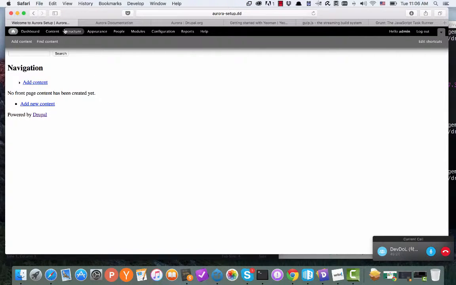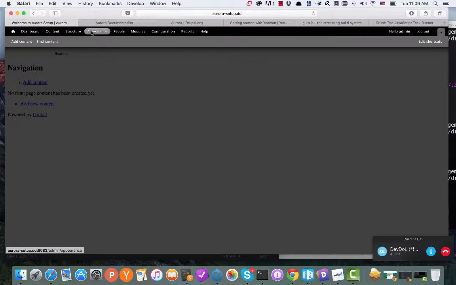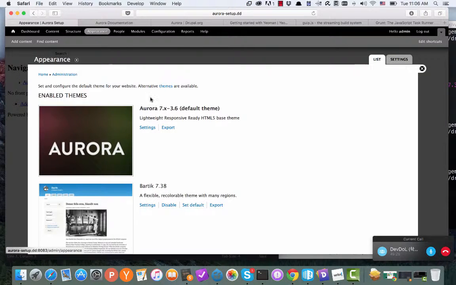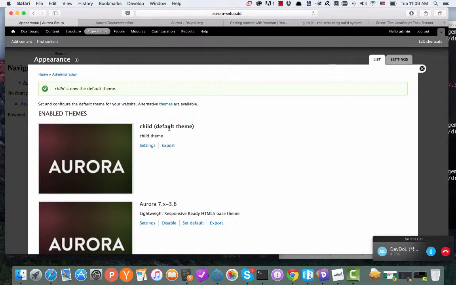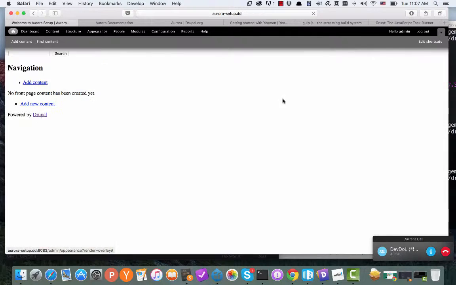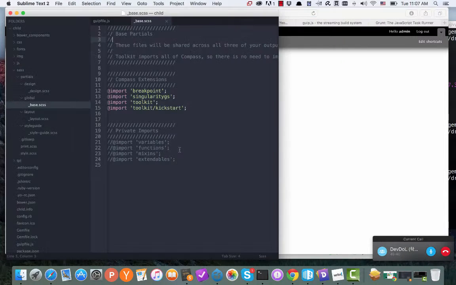So we're almost at the end of our tutorial, but before we can move on, we need to go to Appearance, go to our child theme and find it. Here it is. And we need to enable and set it as default. And this is our theme now. This is our main theme. Now it didn't change because it's not different from the parent theme,